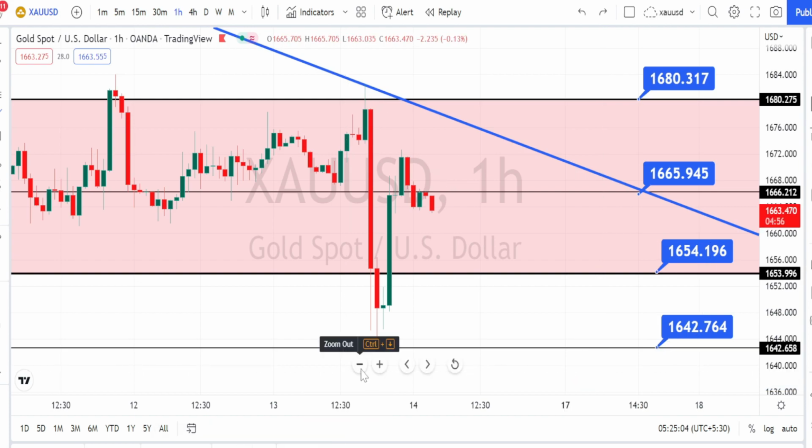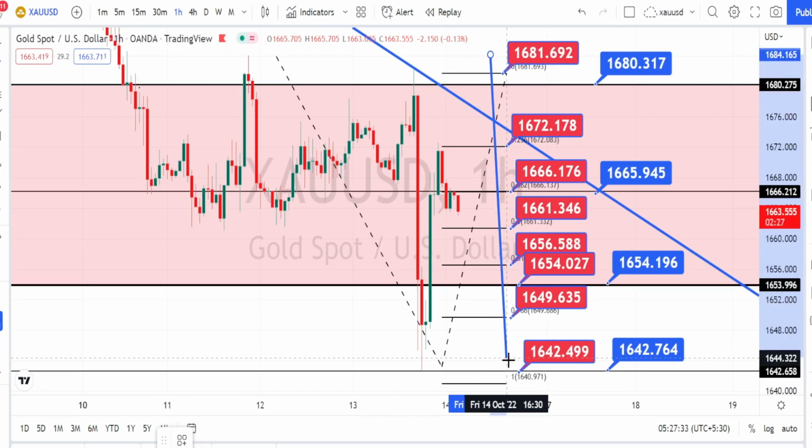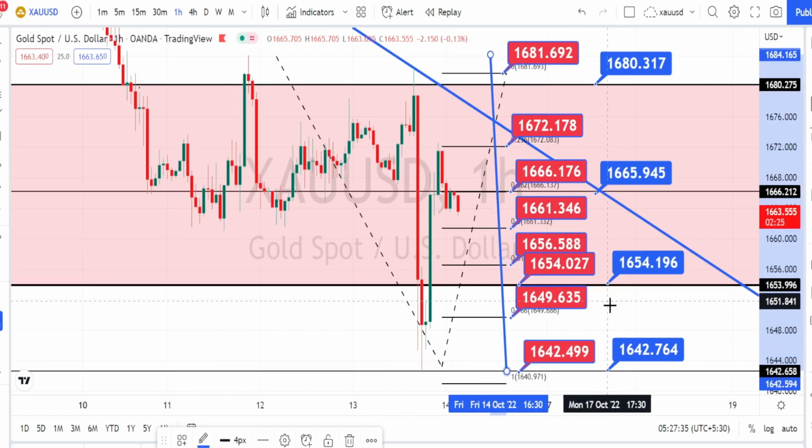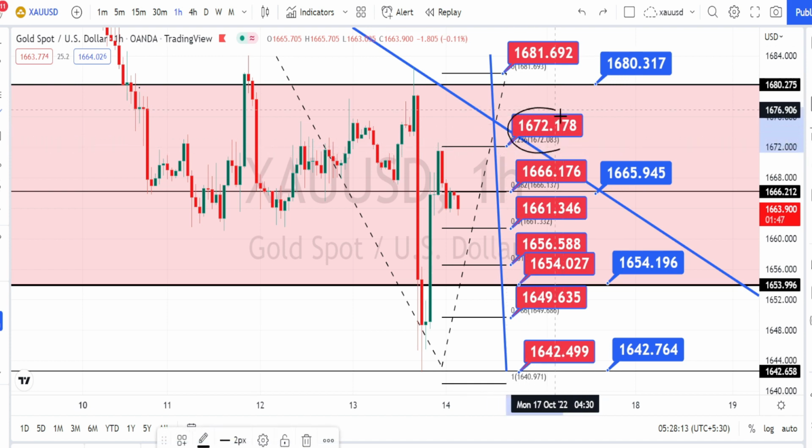Let us mark the support and resistance levels. So the values within these red color boxes are the resistance and support levels for current price action in hourly time frame. Currently the price action is trading between the resistance level of 1672 and support level of 1661. And if the price action breaks this support level of 1661, the next level of support is going to be around 1656, 1654,